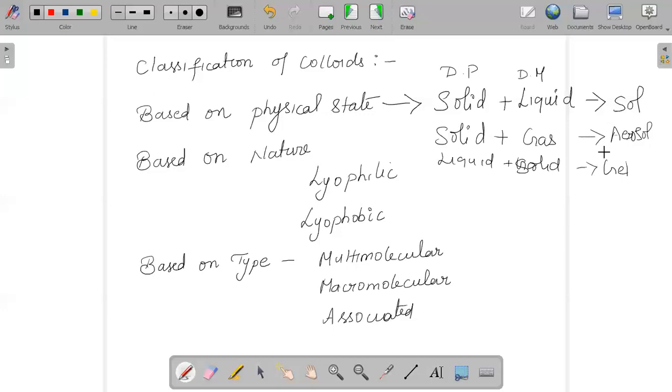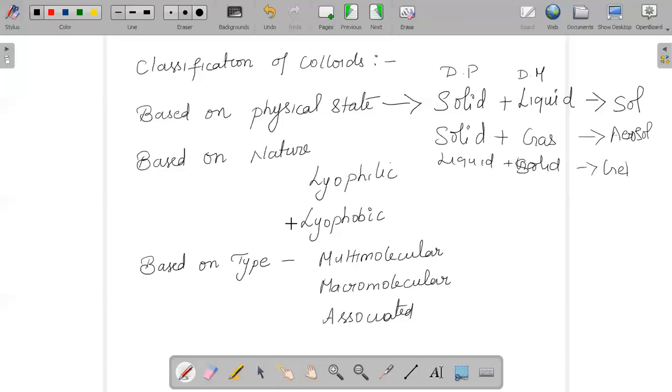So it is very important that you know the different names of the colloids for each dispersed phase and dispersion medium combination. And when we talk about the classification of colloids based on nature,